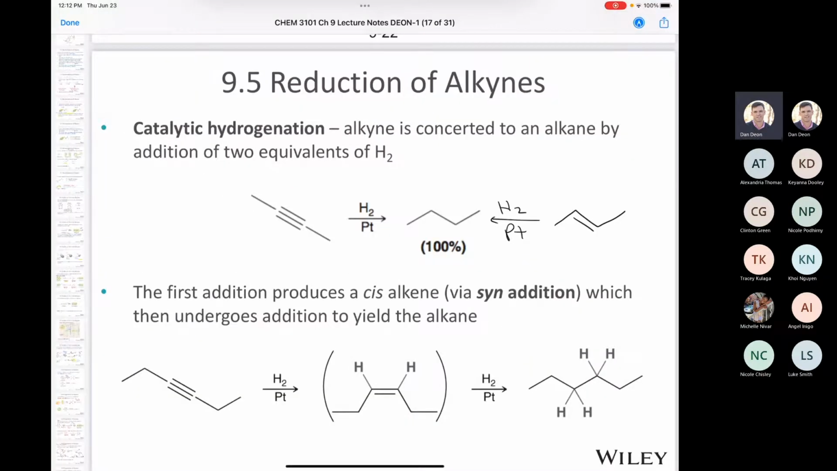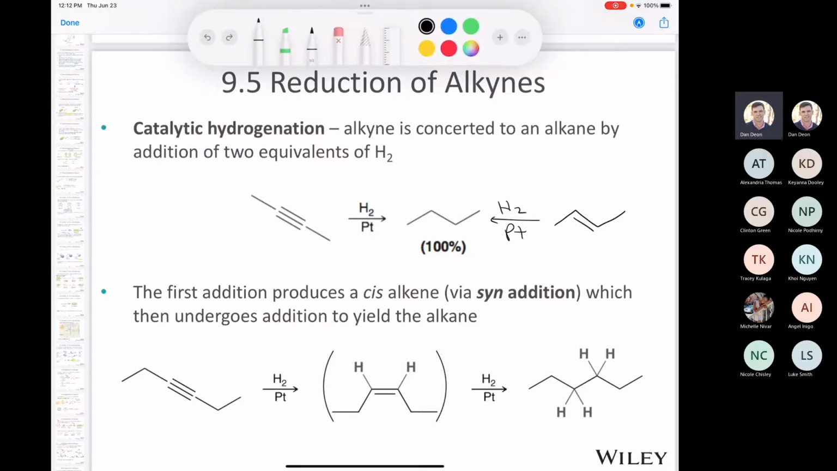We've talked about how to name an alkyne, how to make an alkyne, and where you would find an alkyne in nature. Now we're going to talk about reactions that you can do with an alkyne, and we're starting off with reduction, namely catalytic hydrogenation. So just like we saw the hydrogenation of an alkene in chapter 8, you can do the